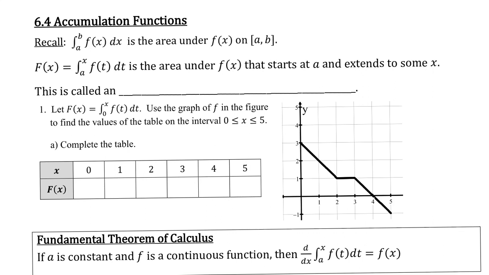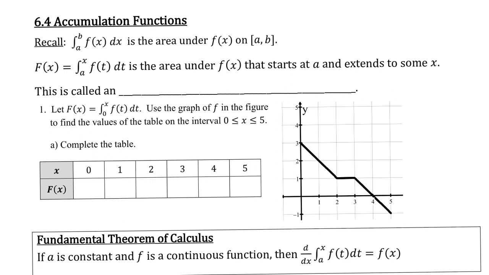Okay, 6.4, we're looking at accumulation functions. If you recall from last section, this notation, the integral from a to b of f of x dx, is the area under the curve f of x from a to b. We're going to call capital F of x equal to the integral from a to x of f of t dt. We're going to say that's the area under f of x that starts from a and extends to